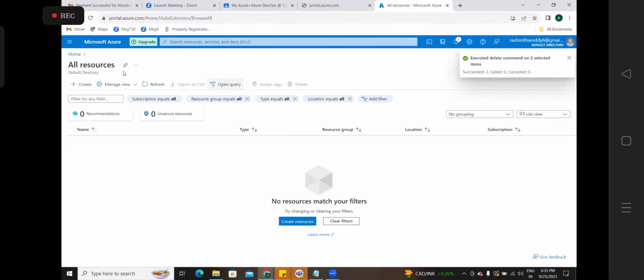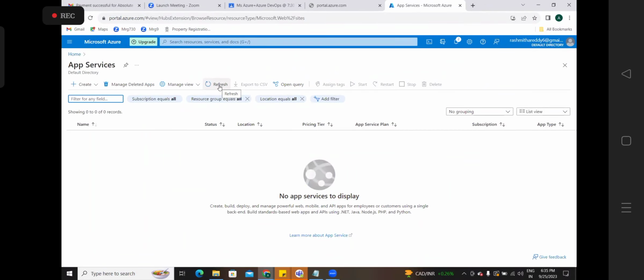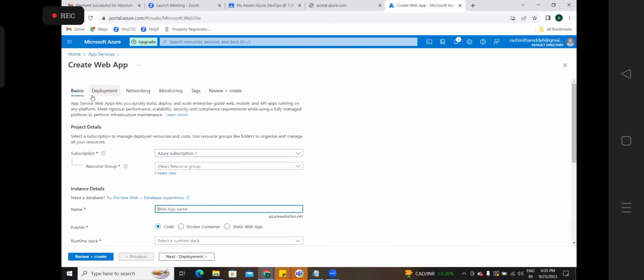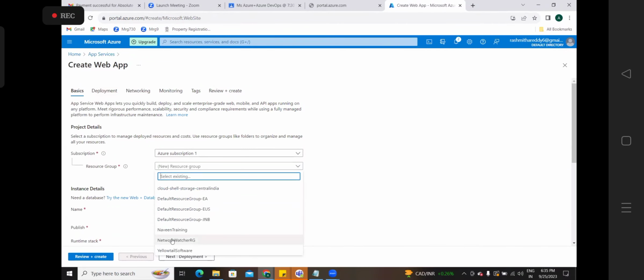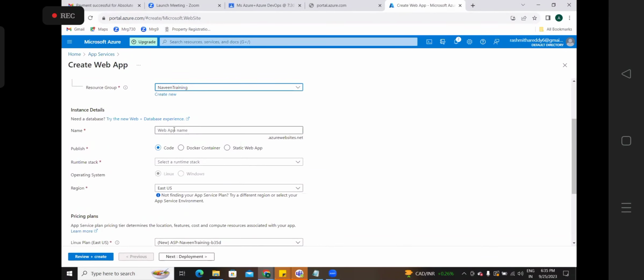Meanwhile, we'll create our app services. So we'll go back to the home page. We'll click on the app services. Let's click on create our first app service. This is not the first one overall, but it is today's first. So let's create a first app service here. We'll choose our resource group. Let me come down. I'll go with the name. Name I'll give it as Azure